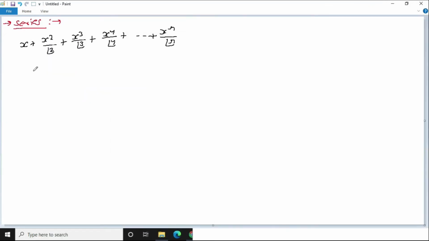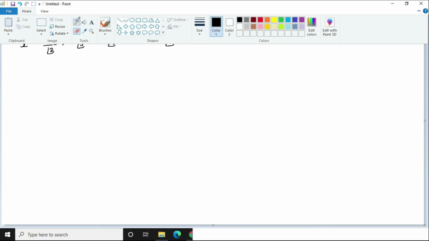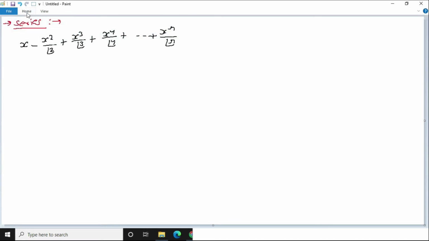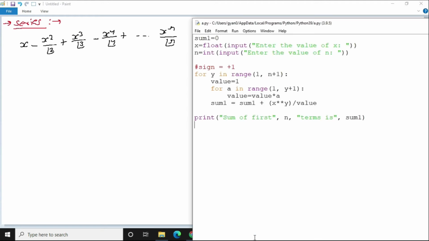Now let's write another pattern. In this pattern, we have to print x minus x square plus x cube minus x to the power 4 by 4, and we actually don't know is it plus or minus with x to the power n. So again, concept of sign comes here and we have to take care of sign. So initially sign is equal to plus 1. So keep on multiplying the sign in every iteration.